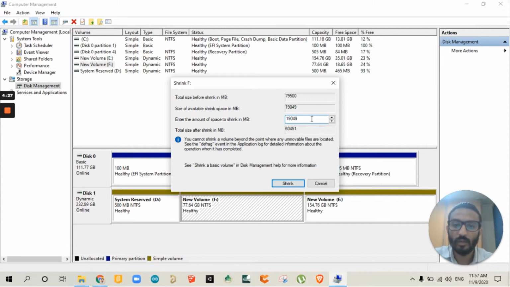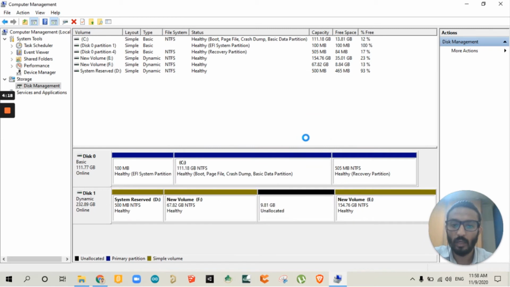So we can shrink 19 GB, but I'm only going to do 10 GB, so I've changed this from 19 to 10. And as you can see, this number also changed. That is because after we reduce 10 GB from 79 GB, the new volume will be 69 GB. So now we can go to the shrink button, and now as you can see, it has shrunk